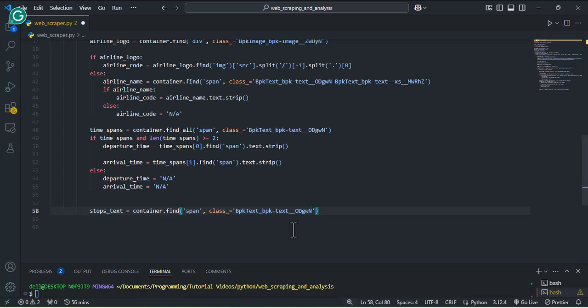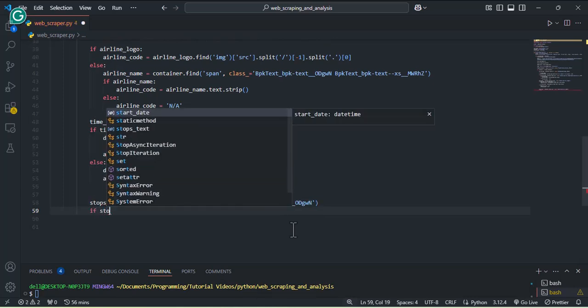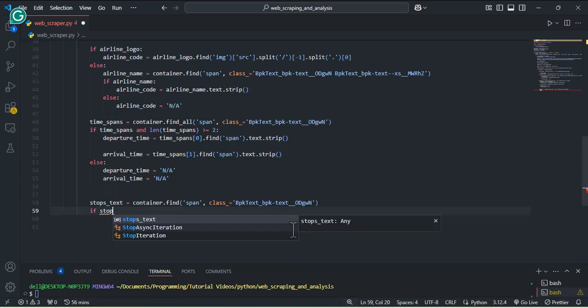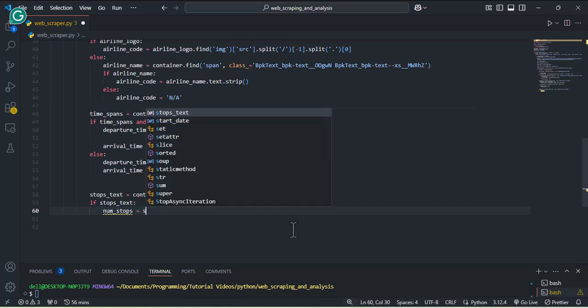So you can then check if it has value, if stop text. Like I noticed that the stops, the one that is direct flights, the class is different from the one that has stop. So you need to also pay attention to that. So if you have the stop text, then you can go with the number of stops to be equal to stops